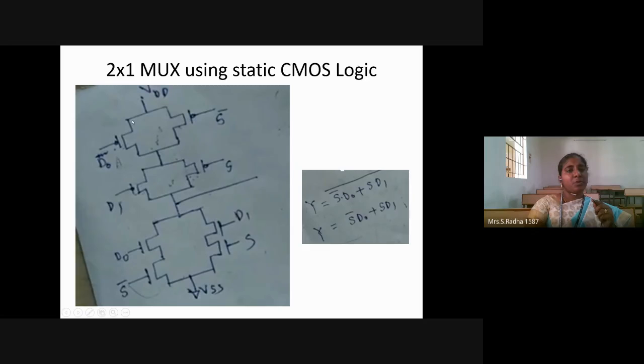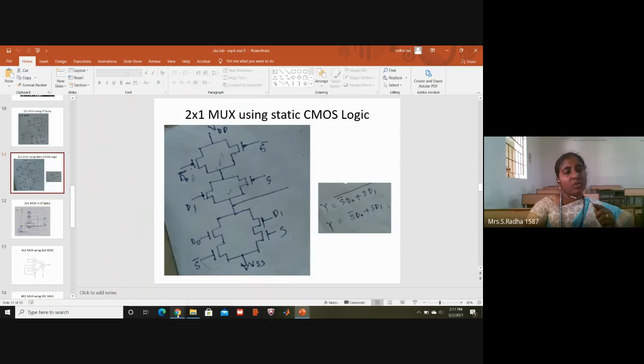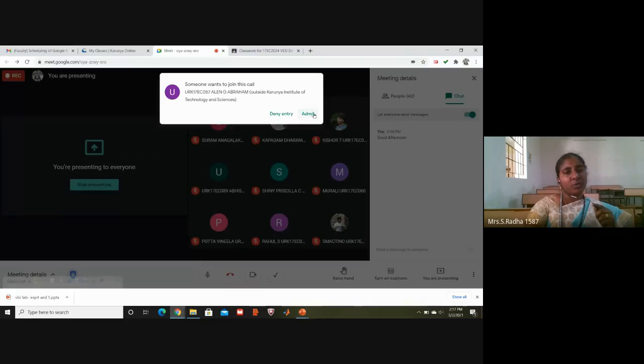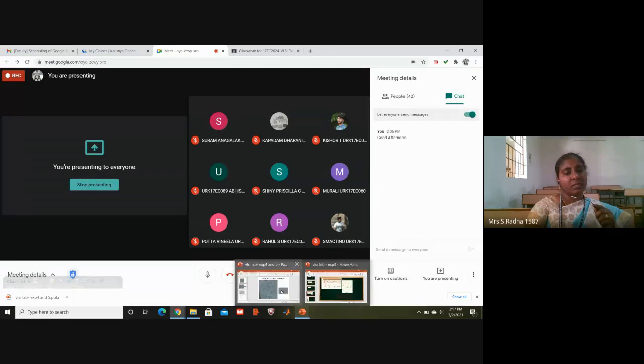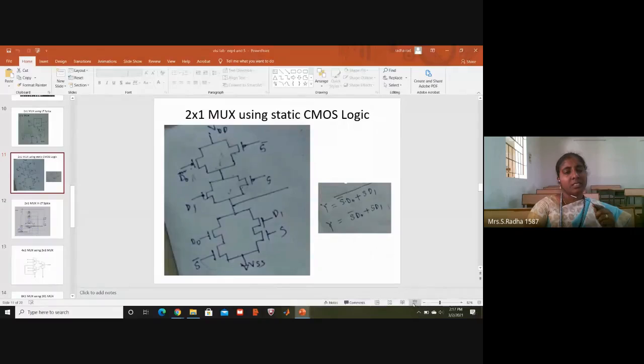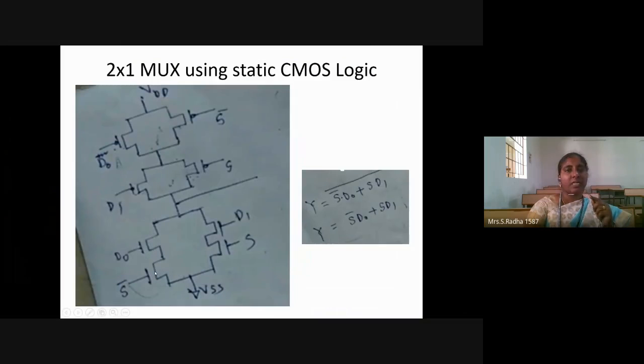And if I connect the PMOS transistors on the top, then the whole equation will have a whole bar in the diagram. And here if you see D0 S bar one below the other, I am putting D0 S bar one beside the other. And D1 S one below the other, so D1 S I am putting one beside the other. So this full structure will have S bar D0 plus S into D1 whole bar, because you are putting PMOS transistors in the dual network of those NMOS transistors.